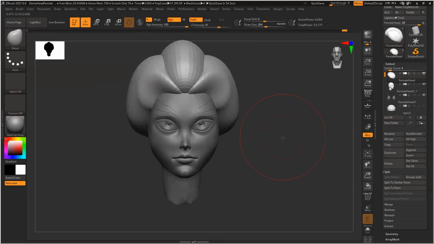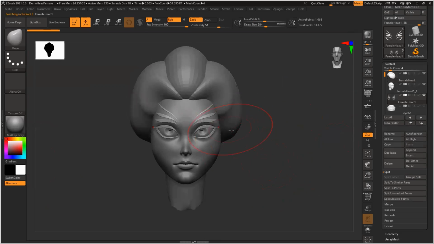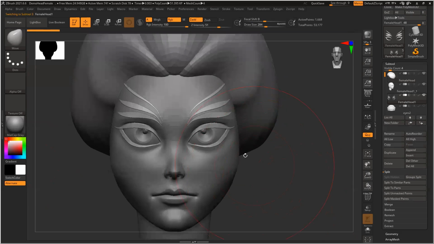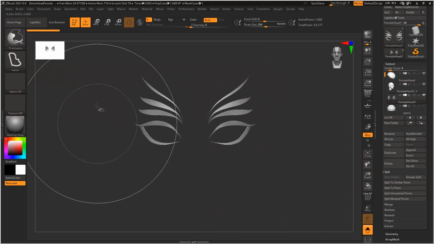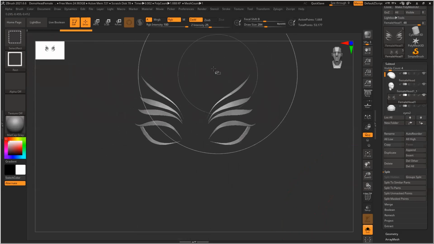Okay. Now for this thing, except eyelashes, all the rest, the scale is way too big. So the easiest thing will be, I select with Control Shift together.